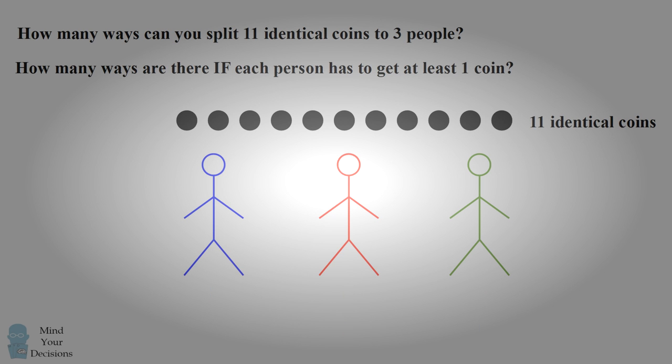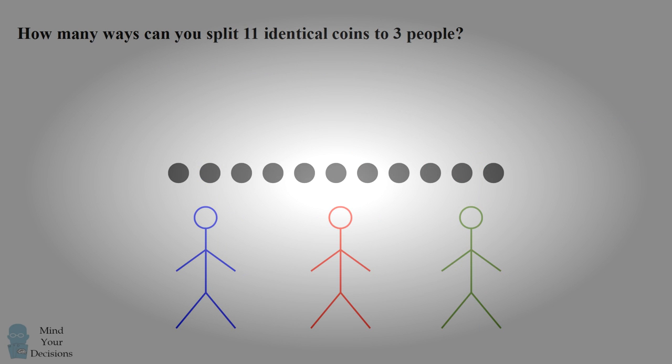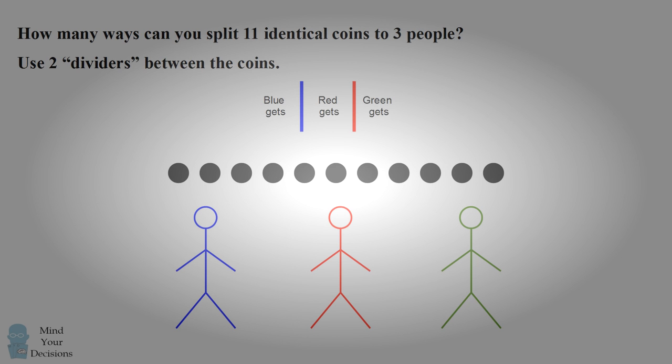We'll start out by solving the number of ways you can split 11 coins to 3 people. We'll use a trick, which is to place 2 dividers between the coins. We'll color one divider blue and another divider red. The number of coins to the left of the blue divider will be the number of coins that blue gets. The number of coins between the dividers will be the number of coins that red gets. And the number of coins to the right of the red divider will be the number of coins that green